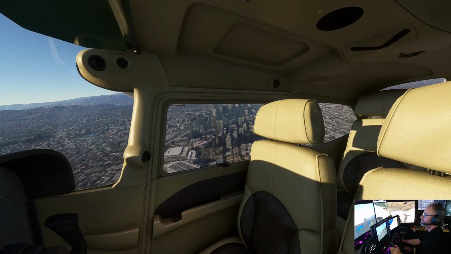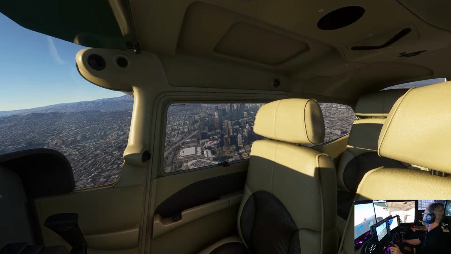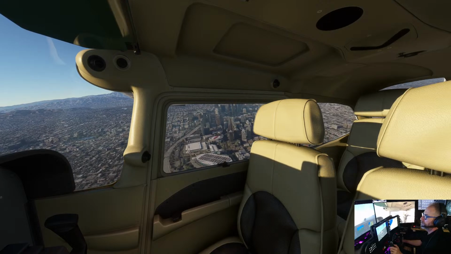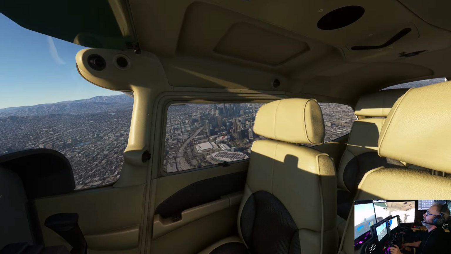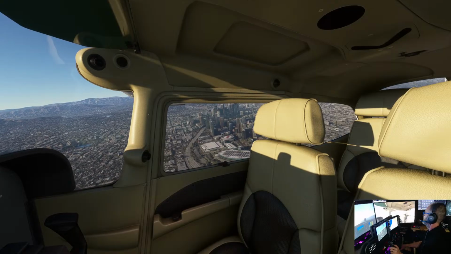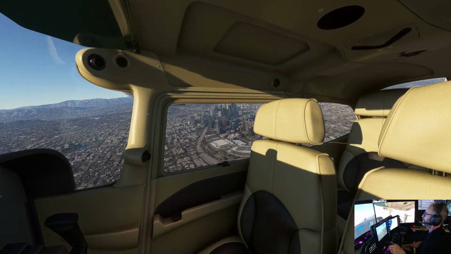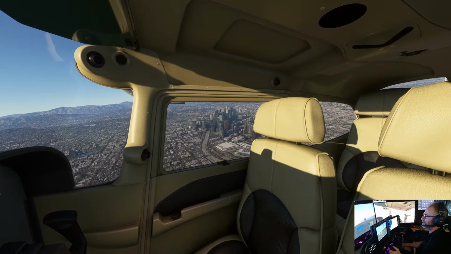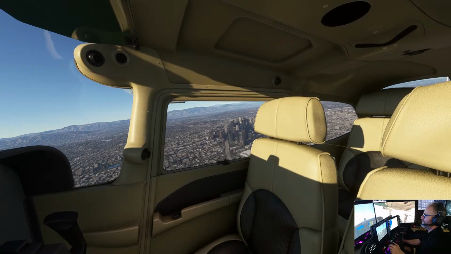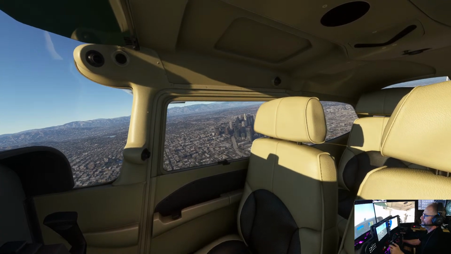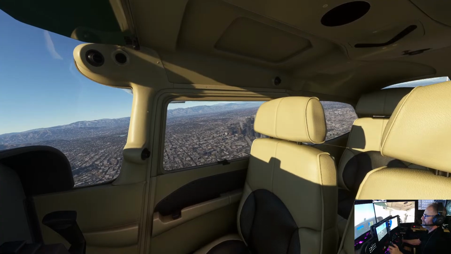Nice. You know what's nice is to be able to just turn my head naturally and look out the side window instead of dealing with a bunch of bullshit of eye trackers, which I can't use with this setup, or any other kind of weird stuff. I'm not going to do VR, so